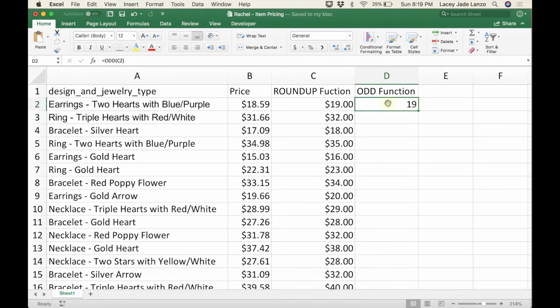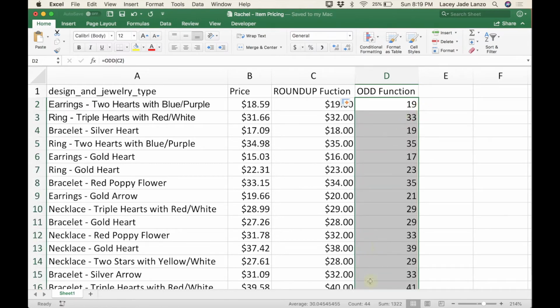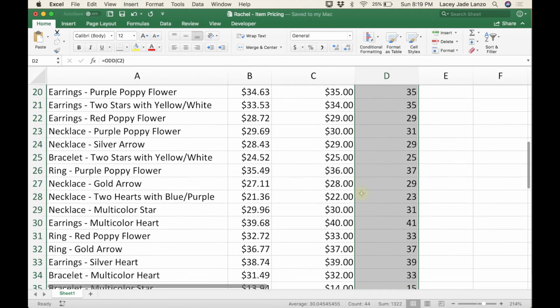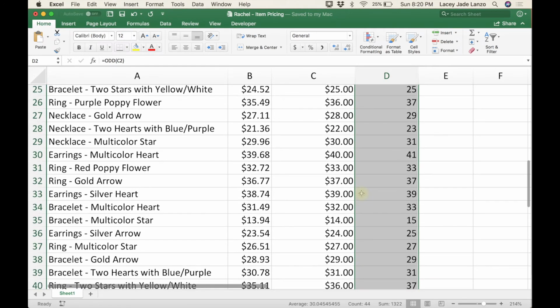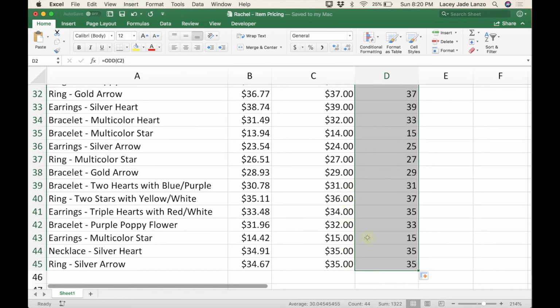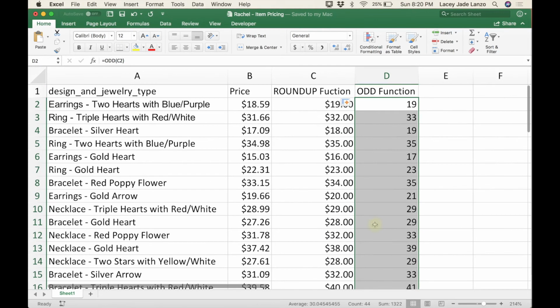but as we select the cell D2 again, we can see this little square in the corner, and when we double click that, it's going to update all of these prices that are currently even numbers. So you can see this 32 for the ring triple hearts with red and white actually went up to 33, so 18 went to 19, 35 stayed at 35 since that's already odd. 16 went to 17, 23 stayed at 23, 24 went to 25, and so on. So now this gives her an actual odd number, some of which actually round up her pricing. And you can see here that none of them actually round down,